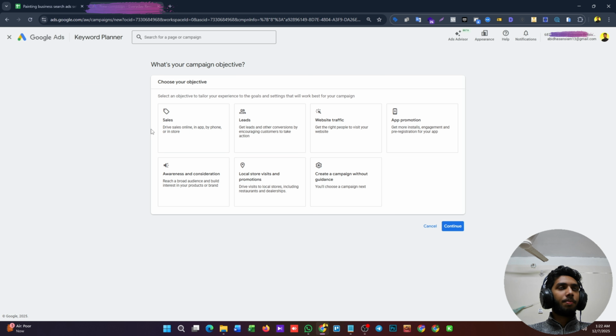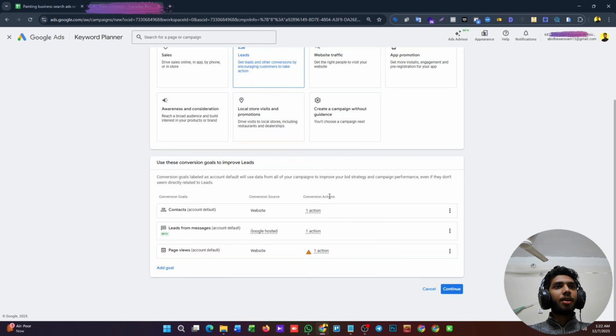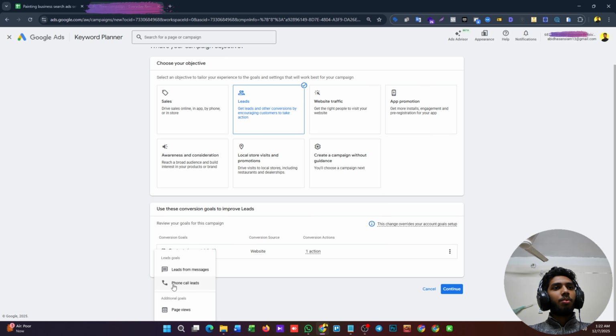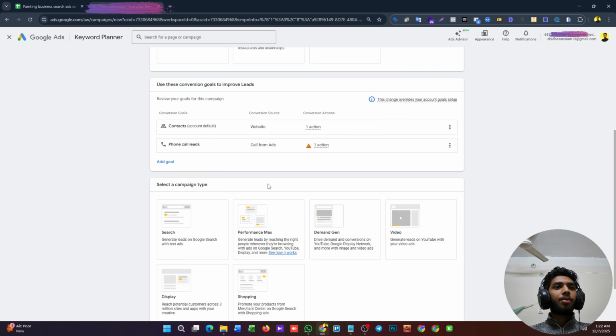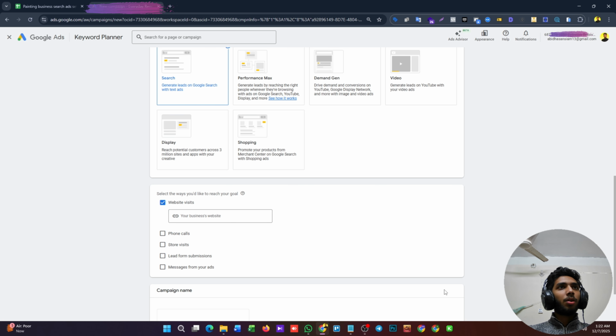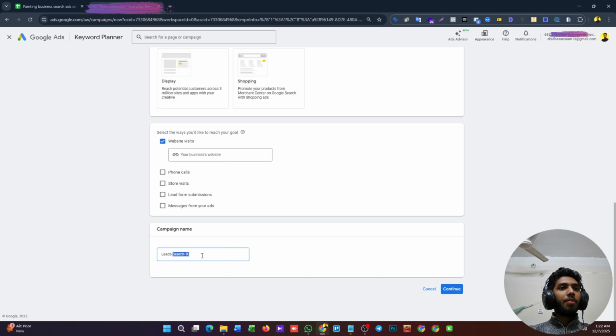Go to the campaign. Our main objective is leads because it's a service oriented business, so I click leads, and our main goal is WhatsApp and calls. That's why I put contact and phone call leads and click continue. And our campaign type is search, which means people search on Google and our ads are shown. I select website visit and click continue, and I put the name like lead search campaign, and put the date like